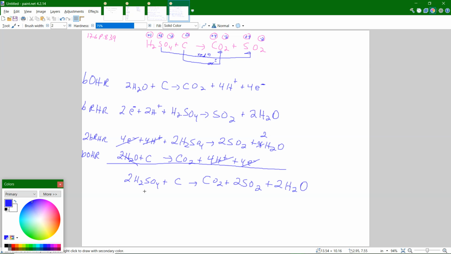Okay, the practice exercise 17.6. In acidic environments, I'm going to let you try that one on your own. I'm going to look at one now involving basic solution. So this is example 17.7. This is